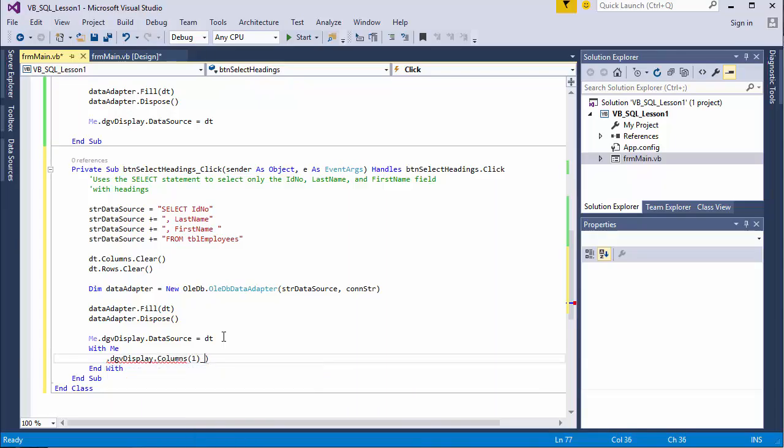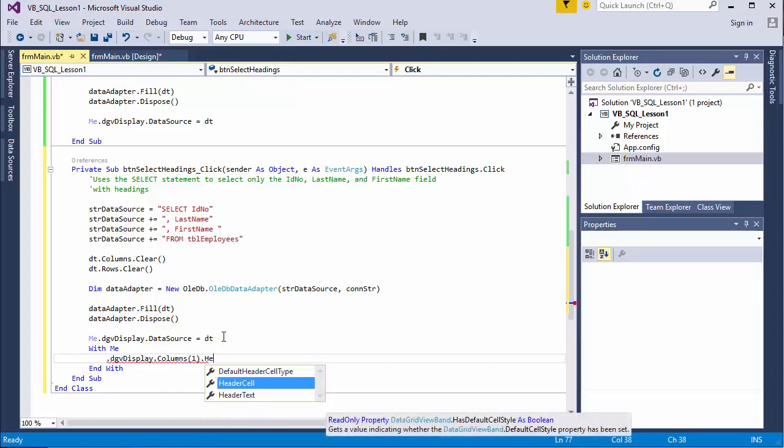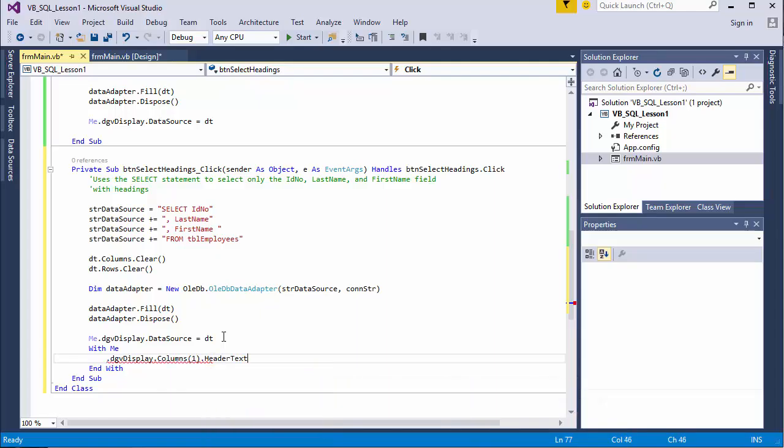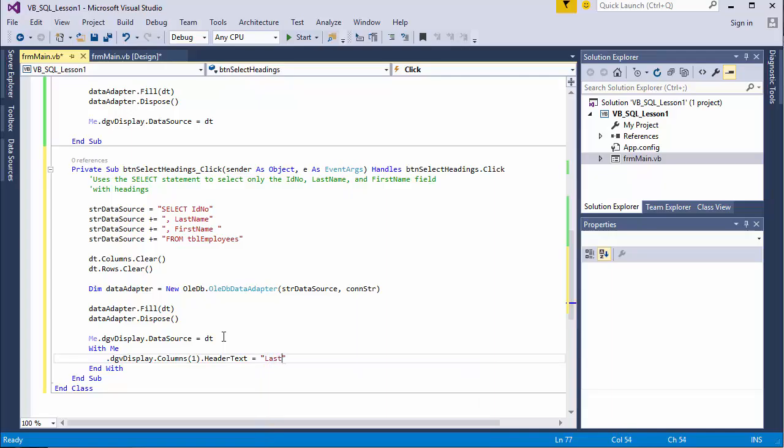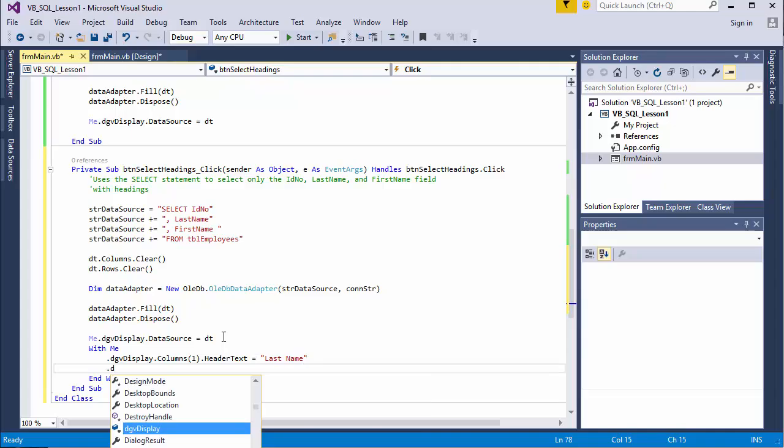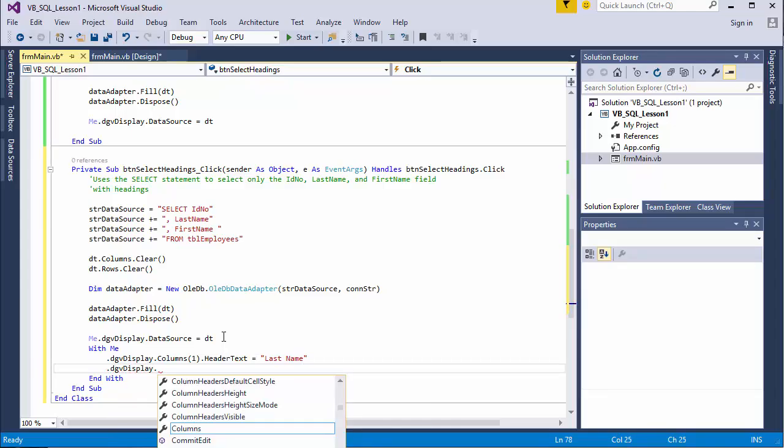Let's say I want to have column 1, actually let's take that back out, not equals yet, column 1 dot HeaderText equals double quotes, that is the last name field, and then dot DataGridViewDisplay dot Columns